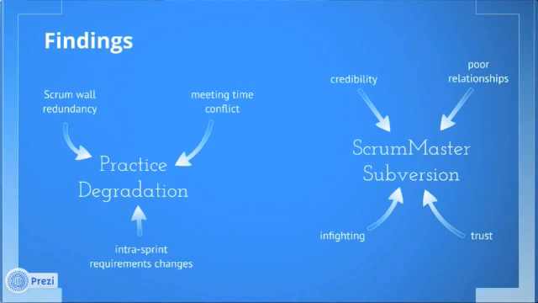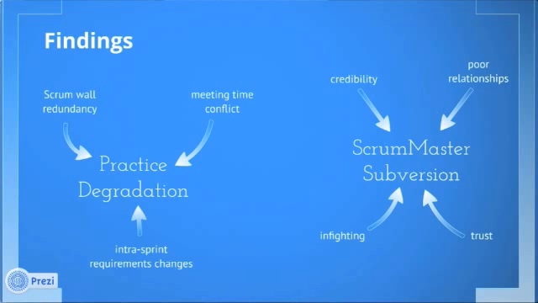There are lots of problems with this. The virtual Scrum wall made the physical Scrum wall seem redundant. The developers couldn't understand why we had two different walls. The virtual Scrum wall made it so that the management had access to this virtual wall, but they never looked at it. Whereas when you're working in a physical office with this big thing on the wall, you have a tendency to look at it just because it's there, right? But when you have to load up a page and put in a password and stuff to look at something,